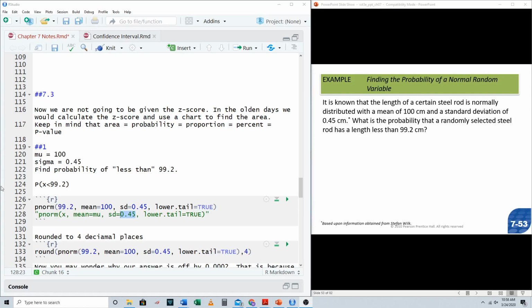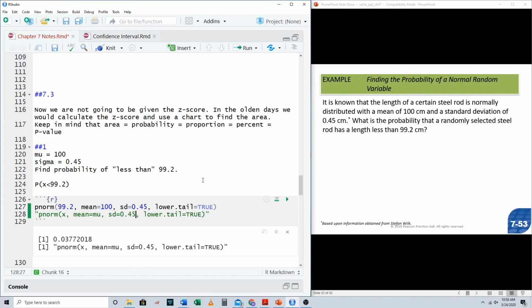So again, like I was saying, if we have a sample size greater than 1, which here we don't, in all of chapter 7 the sample size is 1. So standard deviation is just what they tell us. Lower tail equals true. Basically, lower tail is always going to equal true if this is less than. If it's greater than, guess what? Lower tail equals false. So if you run this,